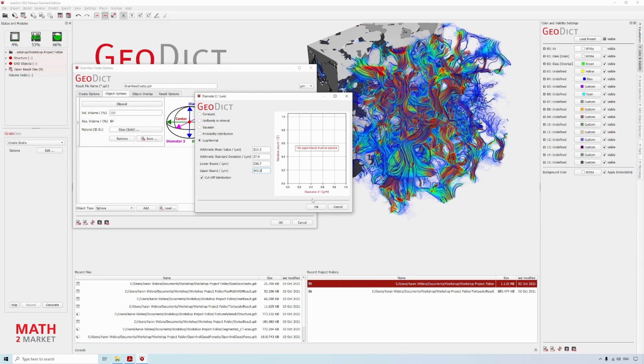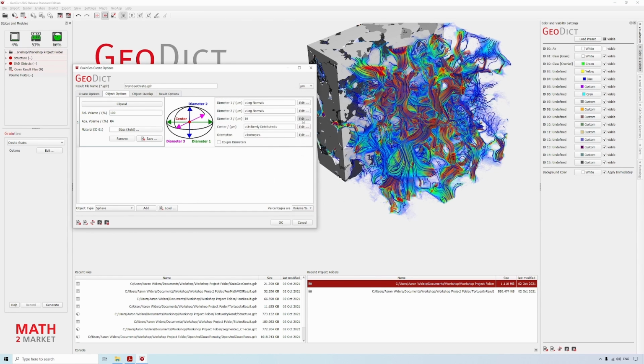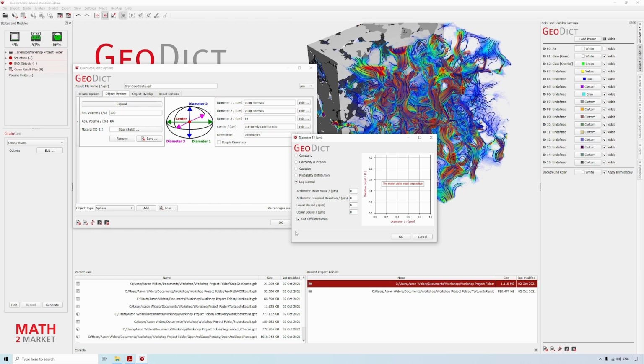Okay, and we go to the last, the shortest diameter. We choose the log normal distribution and we enter 256.0, 25.8, 193.2, and 299.0. And we click OK.